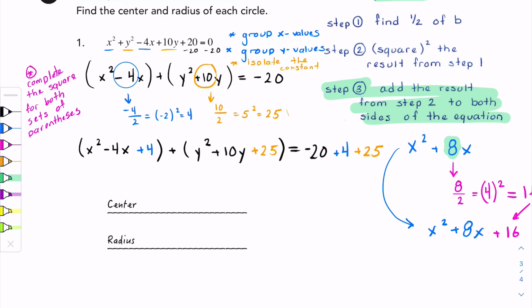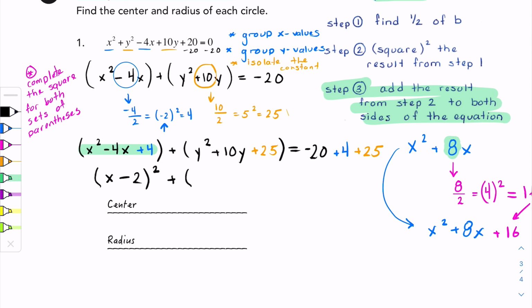Once you're at this step, you need to simplify and you need to factor each side. So right here you need to factor what's in parentheses. You have to think to yourself what two factors multiply to positive 4 and the same two factors that add to negative 4. And just a hint, it's going to be this number every time. So I can write this expression as x minus 2 in parentheses squared,